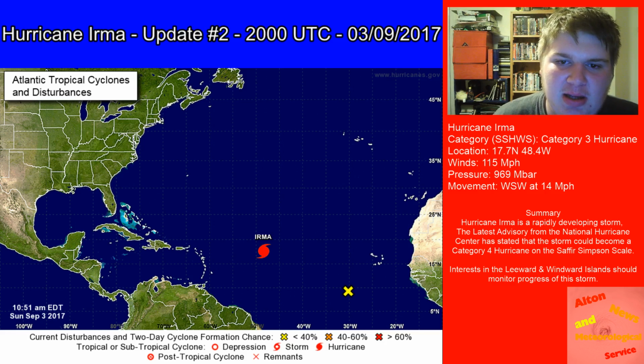Montserrat, Antigua and Barbuda, St. Kitts and Nevis, Anguilla, the US Virgin Islands, the British Virgin Islands. I would also issue a tropical storm watch for Puerto Rico, and also the Dominican Republic and Haiti. The Turks and Caicos Islands and the Bahamas I would place under an early tropical storm watch, possibly being upgraded to a tropical storm warning in due course, and then possibly when the storm gets closer, upping to